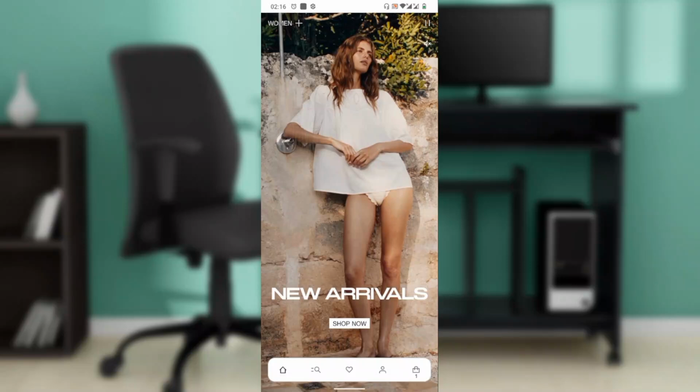Hello, in this tutorial I'll show you how to change the delivery address on the H&M app. So the first thing I'd like you to do is to launch the H&M app on your Android device. Now, once you do that, go ahead and tap on the account icon typically located at the bottom of the